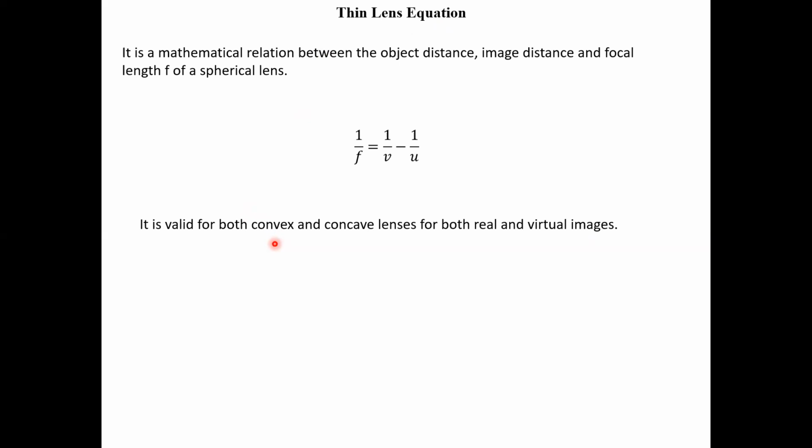We have already discussed this assumption when we derived the refraction formula for spherical surfaces. That is, the aperture is small, all rays are paraxial, and the object is a point object. Here only one other assumption we are going to use, that is the lens used is thin. Okay,